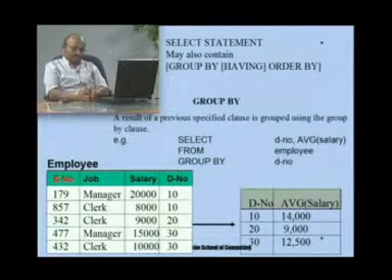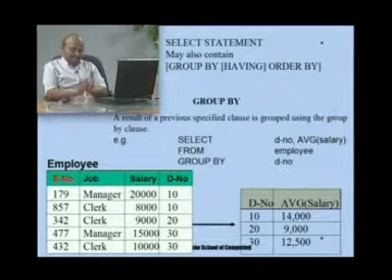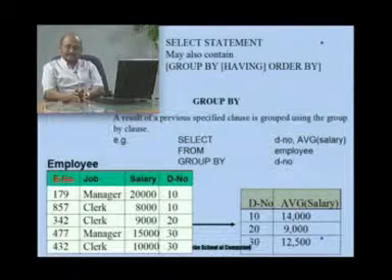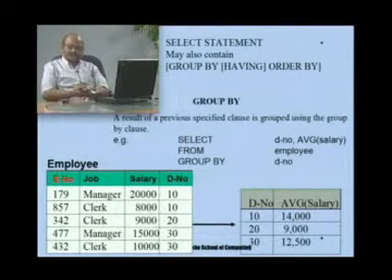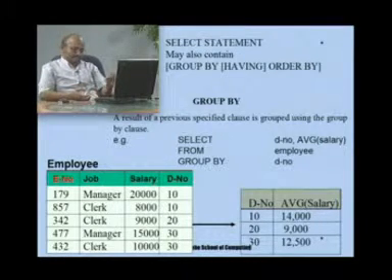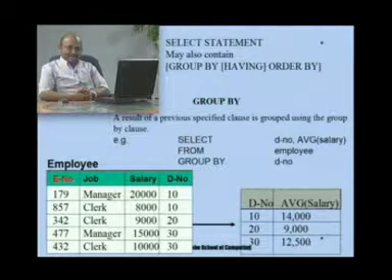You can't use any other attribute other than the group by condition attributes or the summary values. Any other cannot be used in output when you are using the group by condition. For example, in this case we have job. Now, you can't introduce job as an output column in this select statement, because job is not part of the group by condition.